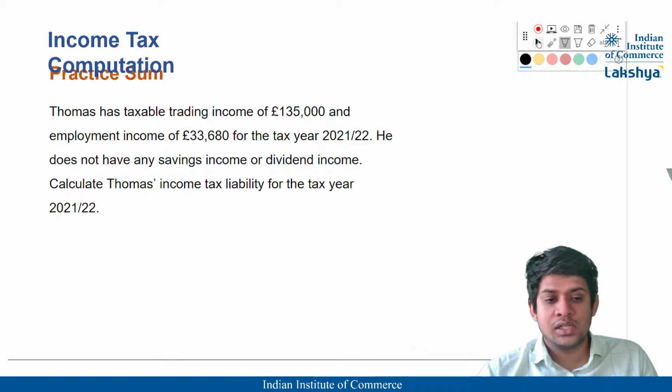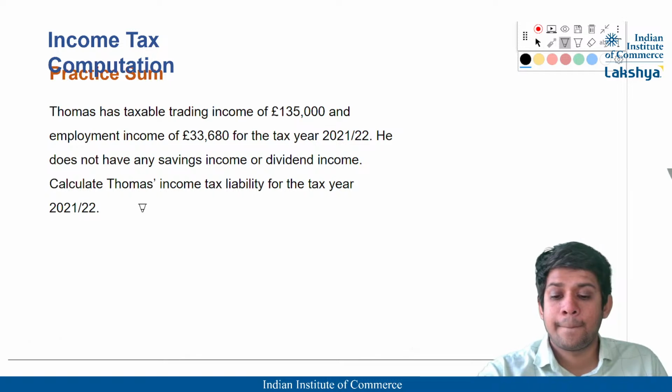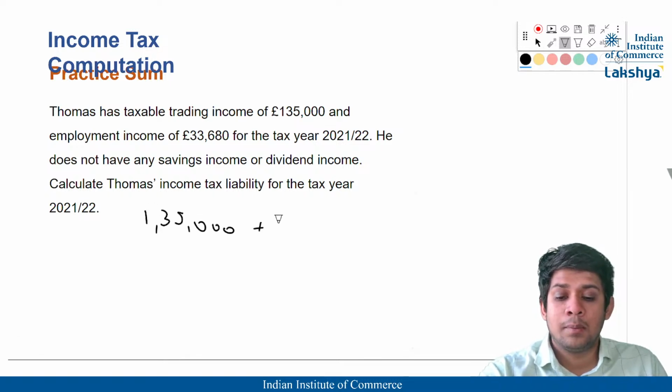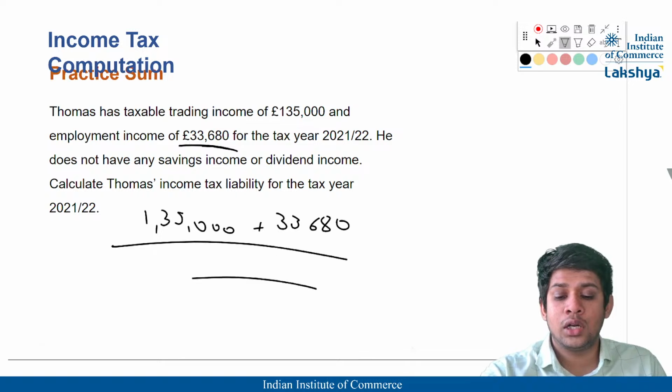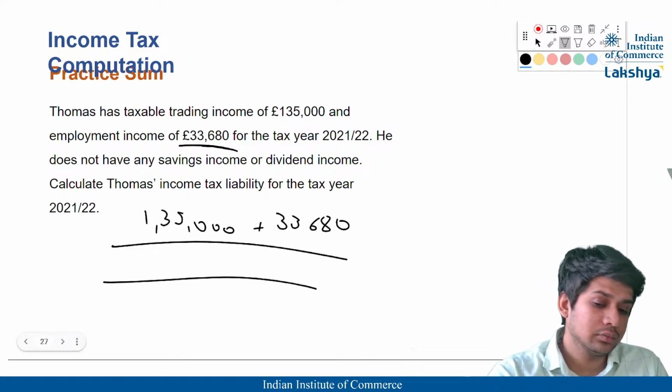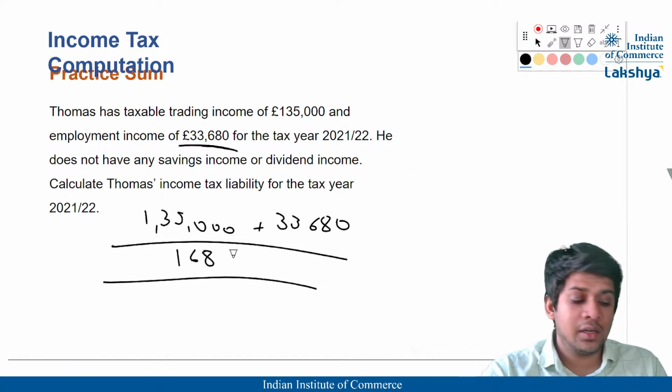Okay. You all can do this by yourself, guys. Right? So technically, her income is 1,35,000 pounds plus her employment income is 33,680 pounds, correct? So her total income is nothing but 1,68,680,